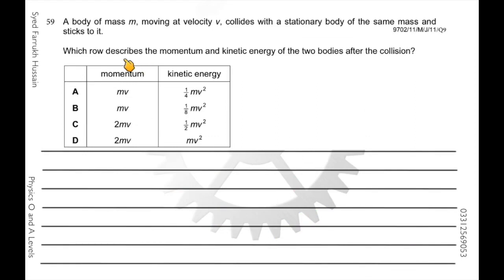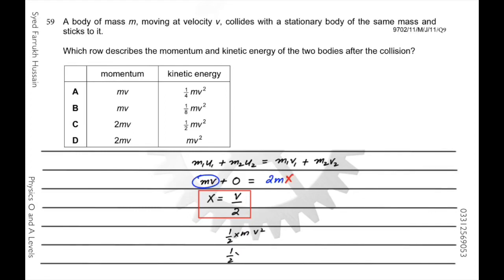According to law of conservation of momentum, if you solve this, m1 u1 plus m2 u2 is equal to m1 v1 plus m2 v2. Object A is moving with speed v while object B is stationary, so mv plus 0 is equal to, they stick together, so it will become 2mx. X is the final speed of the system, so x is equal to v upon 2, which means after collision the two objects move with speed v upon 2. To find out kinetic energy, half mv square, mass is 2m and speed is v upon 2, so v upon 2 square, it will become half